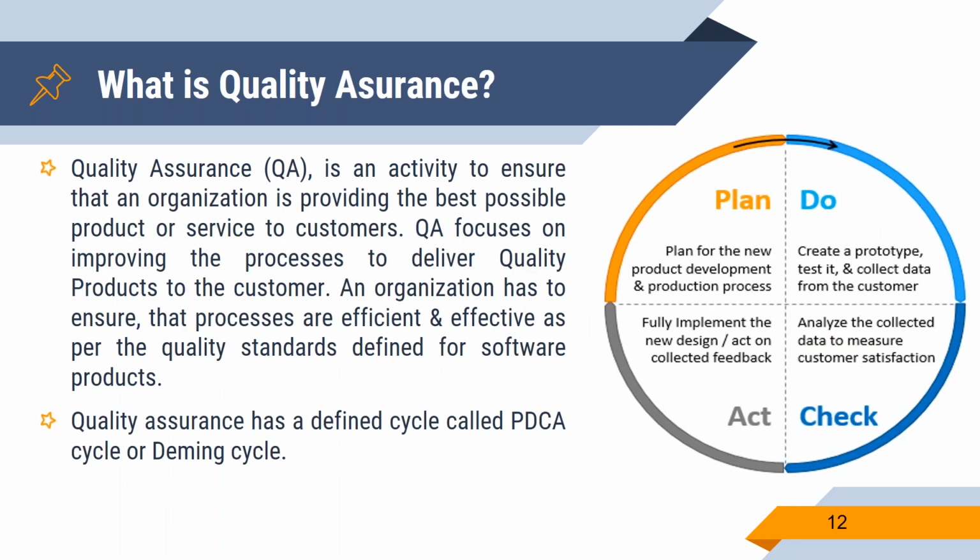If you see in quality assurance, we have this do, plan, check, act. What they will do, the quality team will plan how many test cases we have to create for this particular story points, and then they will do the actual task, and then check whether the activity is passed or not. If it is passed or failed, based on that they will act on what action next they have to do.